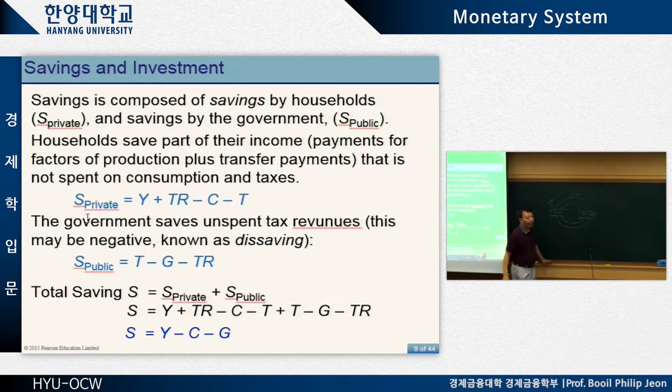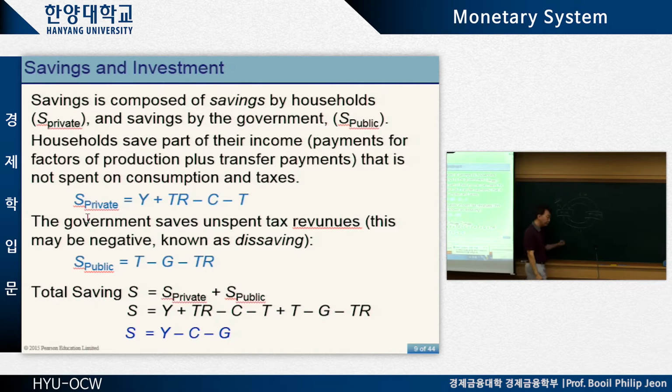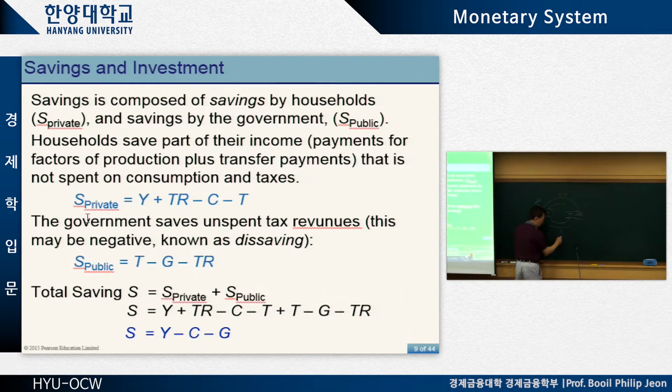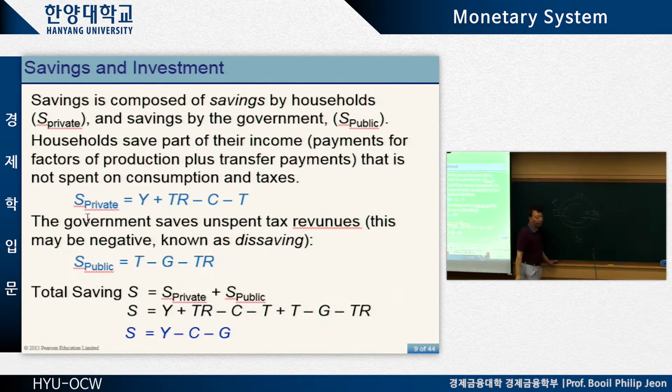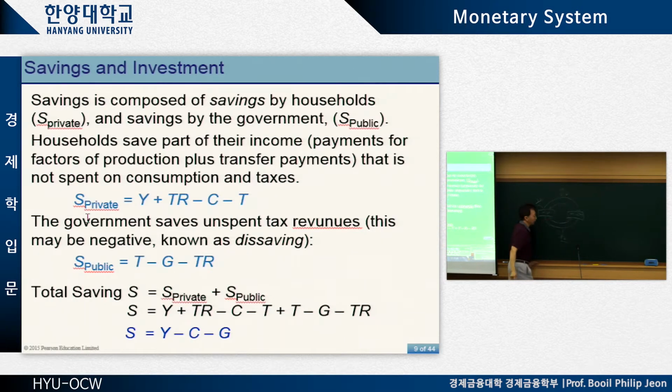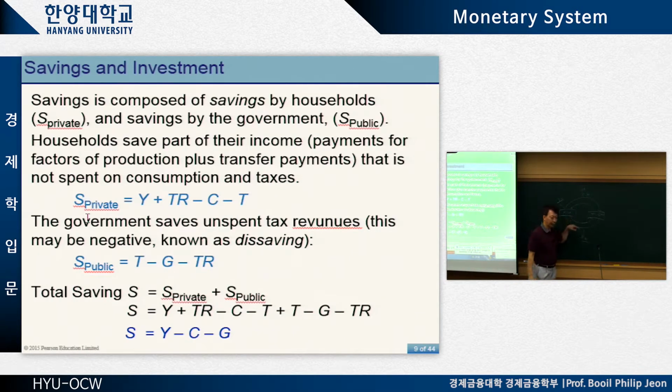Right? Then in the next round, the firms receive only $0.8 billion, and they have only $0.8 billion to purchase the resources. Right? So instead of $1 billion, this becomes $0.8 billion. Right? If the households again save 20% of their income, right, then pretty soon, the economy is going to shrink, right? And it may have to shut down pretty soon, right? Well, here the financial market performs a very important function.